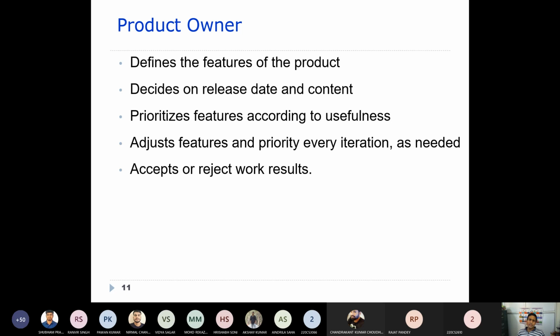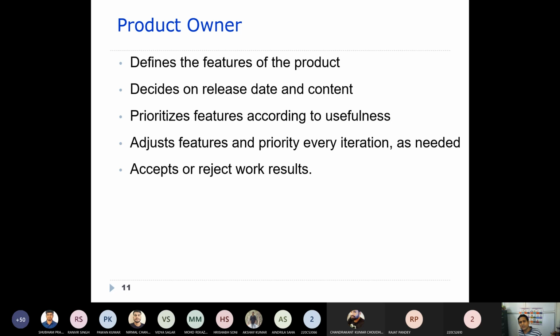Sometimes he also prioritizes the features, as some features are required very immediately. According to these requirements, he can adjust certain features. Maybe the prioritized features will be included in the current sprint, and the features that are not that highly prioritized can be moved on to the next sprints, because we develop the whole software through a series of sprints.